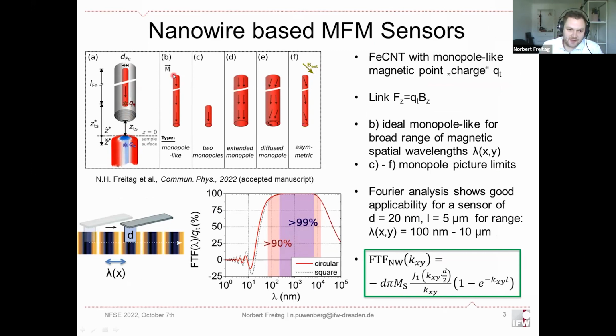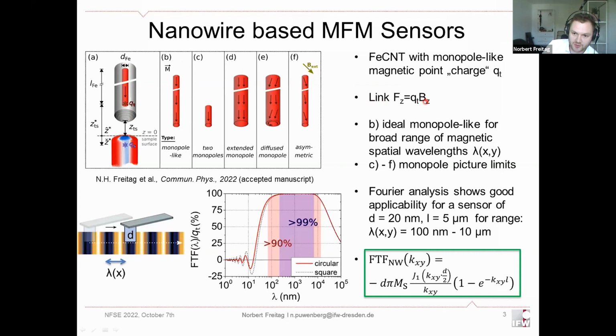In the case where you have a very high aspect ratio magnetic nanowire, this pole behaves like a monopole because the other pole is very far away. So you can map this as an ideal point charge QT. And with this point charge, you can link the force which is measured by the cantilever directly to the perpendicular